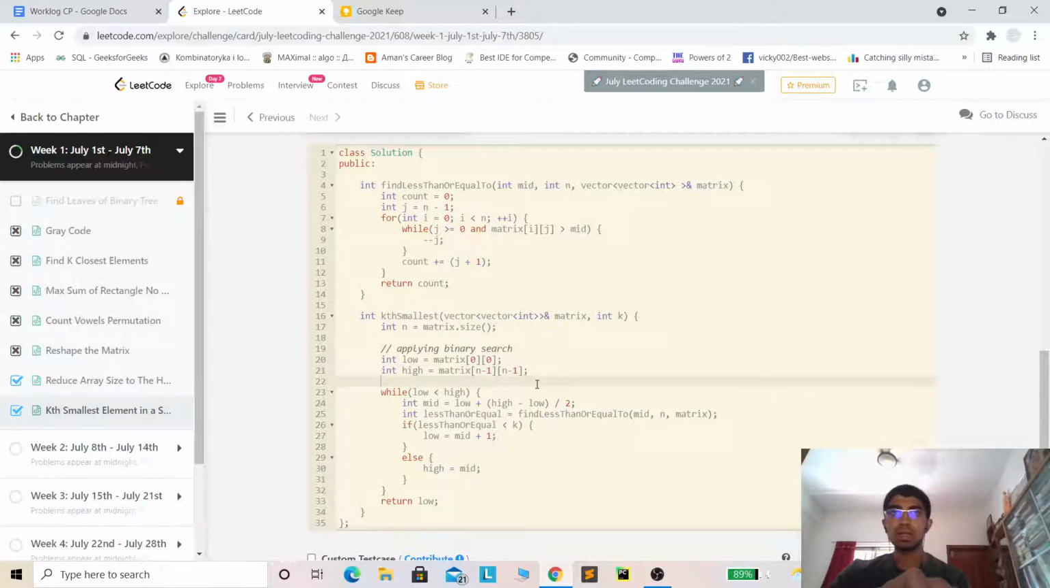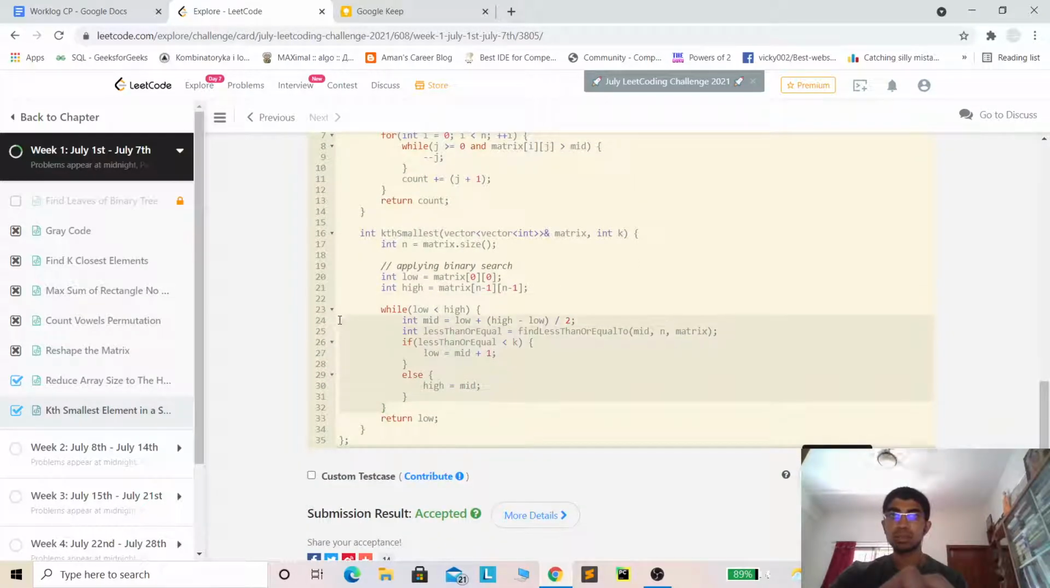So that is the lower and the upper bound for the binary search, and this is a normal binary search template where we find out the mid. Our mid value is the guessed value, and for a particular value of mid we are finding out the number of elements which is less than or equal to that mid value in the matrix. And if the number of elements which is less than or equal to mid is less than k,